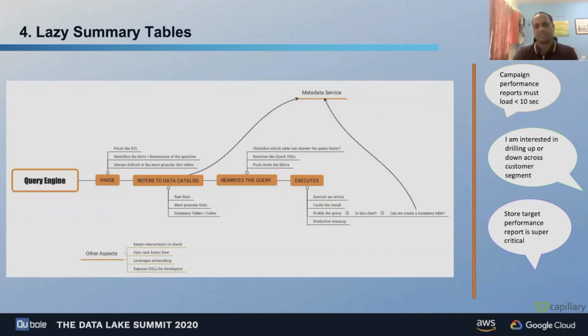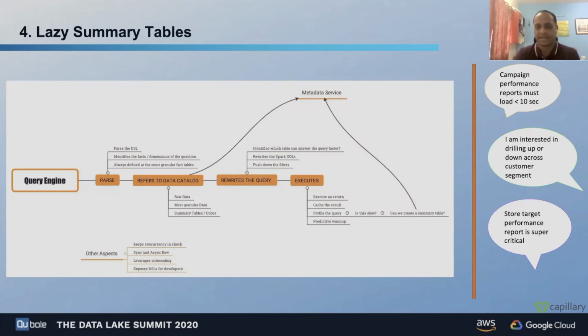Now, the main design point to look at is, one, the domain specific language, of course. The second is to be able to have an iterative way of defining summary tables. So we don't know upfront which customers are going to deal with what type of summary tables. And traditional warehouses just roll up everything, and that is very compute intensive. So what we do is we keep profiling, and we have strong observability built into the platform where we